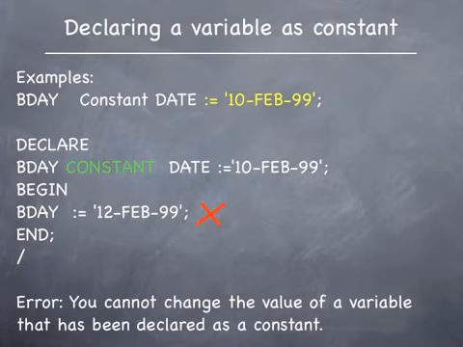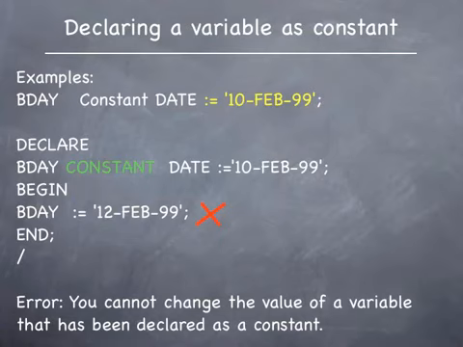When you declare a variable, you can optionally use the keyword constant. The word constant identifies that the value assigned to the variable during its declaration cannot be changed in the program. It is used when you want to create a variable to hold a certain value that will not change in the program. For example, if you're creating a variable that can hold the tax rate for a given state, you could declare such a variable as a constant because the tax rate is something that does not change for a state.